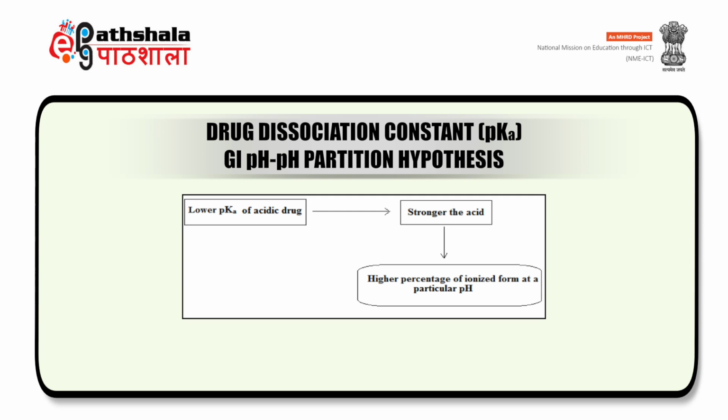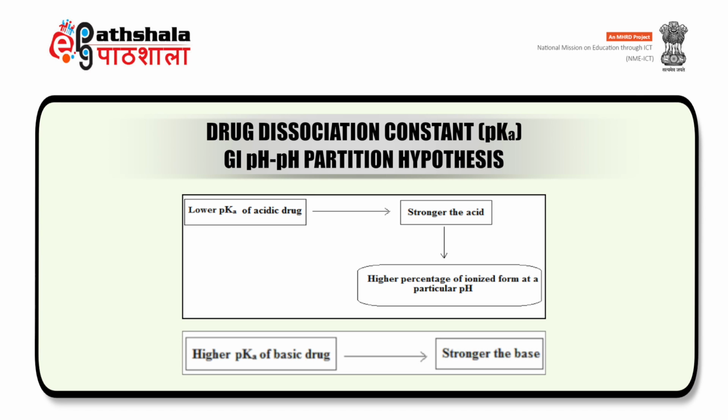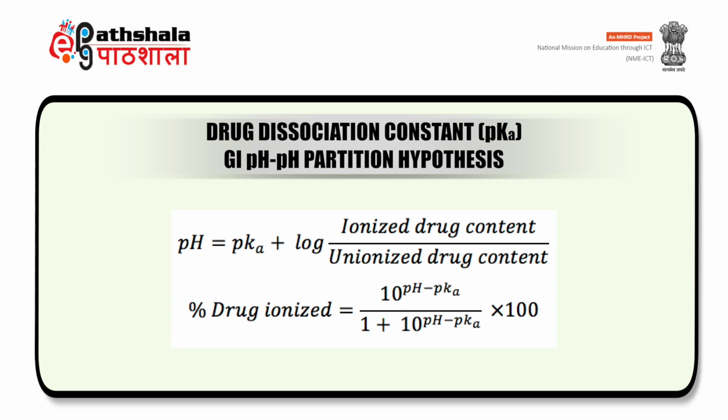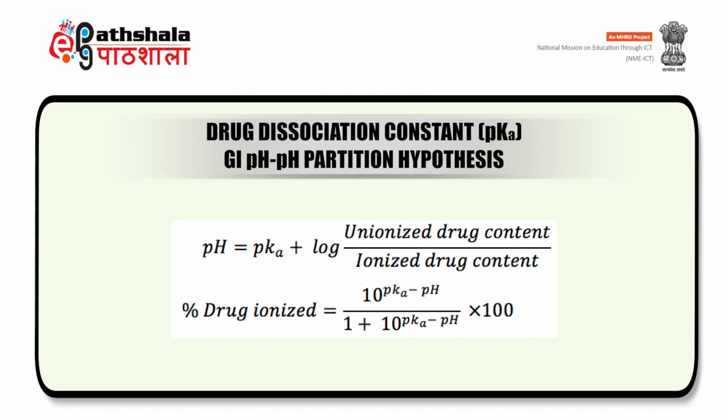If we look at this, lower the pKa of the acidic drug, stronger the acid, higher will be the percentage of ionized form at a particular pH, and higher the pKa of the basic drug, stronger will be the base. The Henderson-Hasselbalch equation is useful to calculate the content of the ionized form of the drug in the fluid at a particular pH. For the weak acids, pH is equal to pKa plus log ionized drug content upon the unionized drug content, and for the weak bases, pH is equal to pKa plus log unionized drug content upon the ionized drug